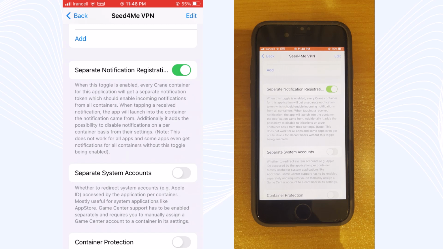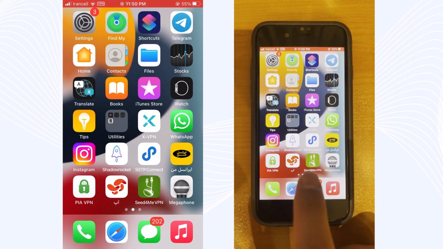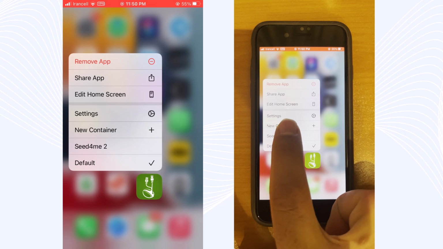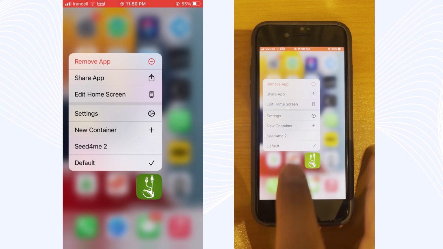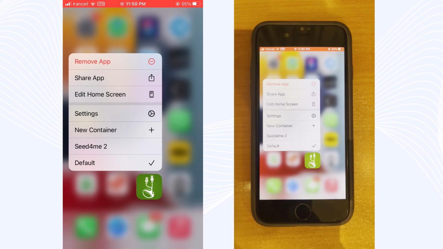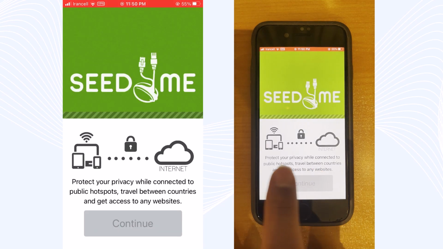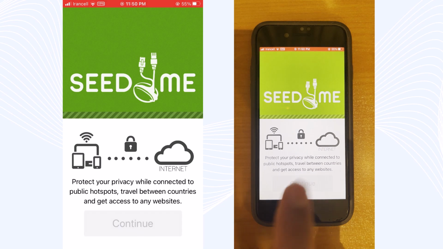After adding your container and setting your toggles, go to the home page and just tap and hold on your app. And here guys, as you can see, we have more options on each app. You can see these options only when you have selected the program in Crane for cloning. Well, here is the second version that we cloned, and when we tap on it, you can see it looks like the program is new and has just been installed.